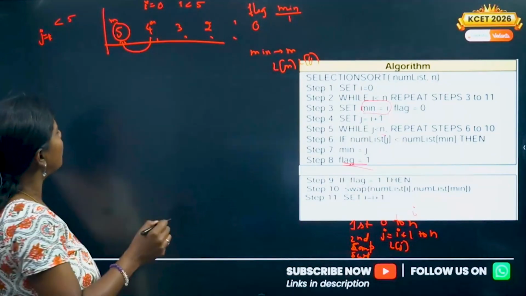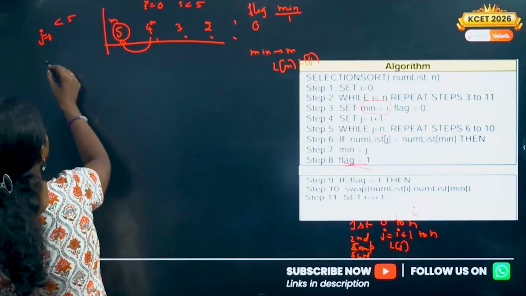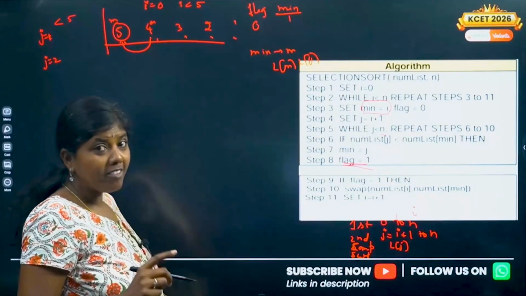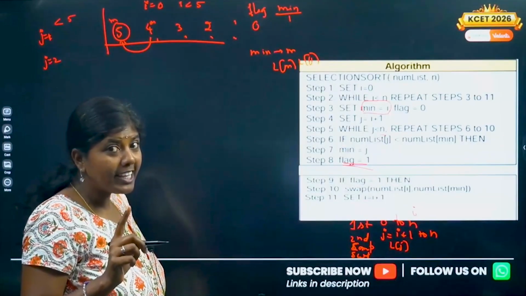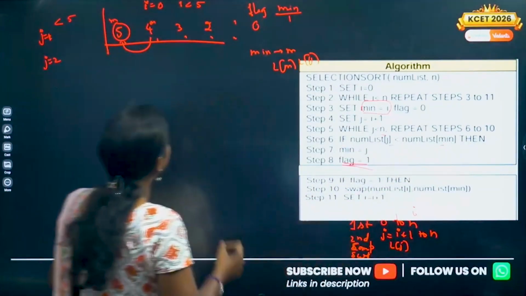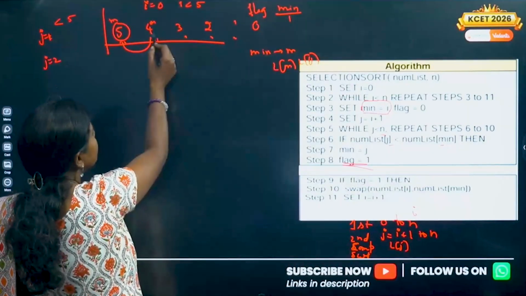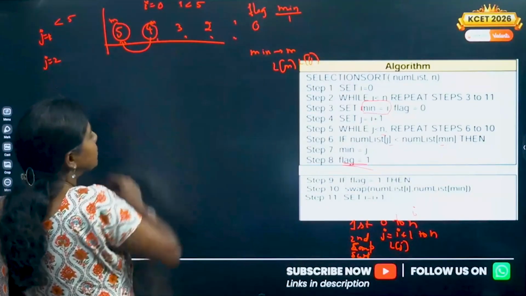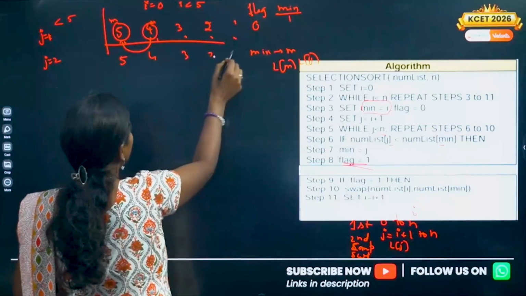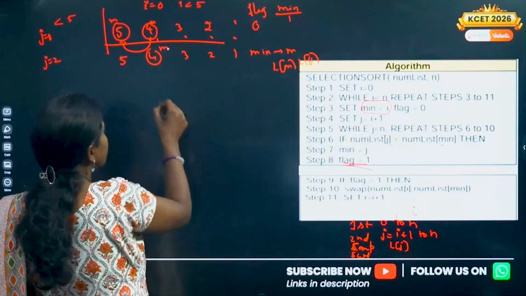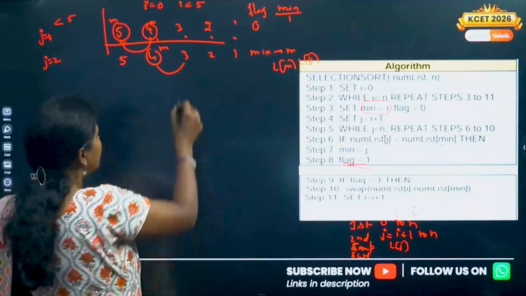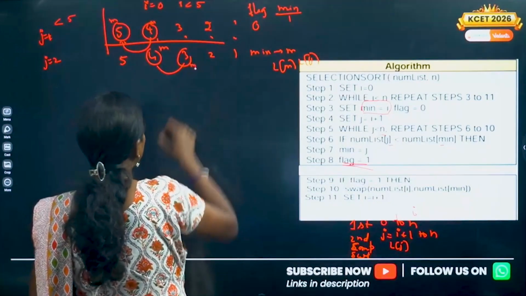And after that, I'm just going for the next iteration, j equals 2. Every time you compare with the minimum, not with anything else. Minimum only you have to compare, minimum with L of j. So what is 2? 2 is compared with this. Now this is going to be the minimum. Okay, so I'll take again 4, this 2, 1. This is going to be the minimum index. Compare with this. Now 3 is the minimum. Okay, I'll make this the minimum now.